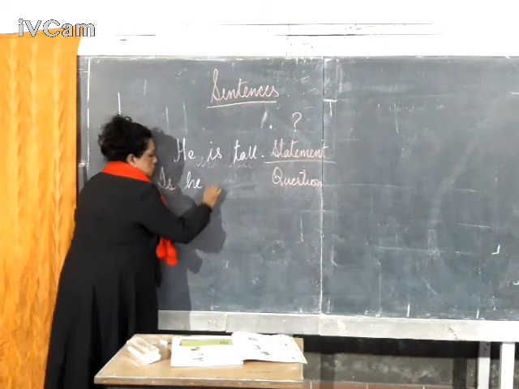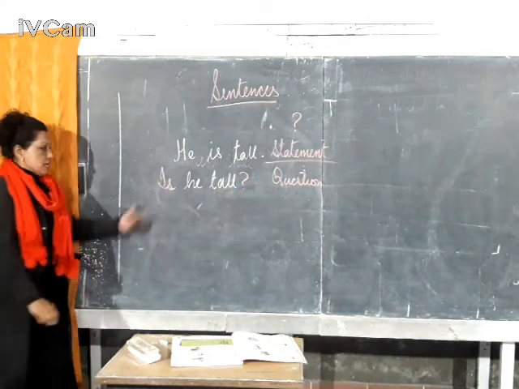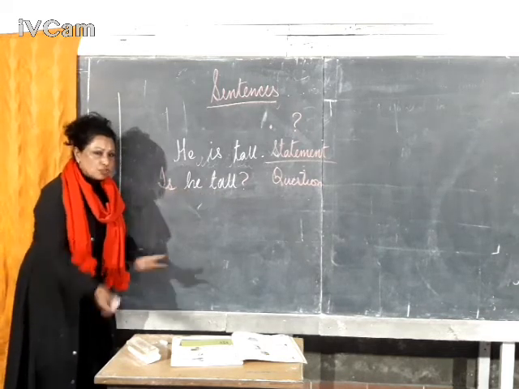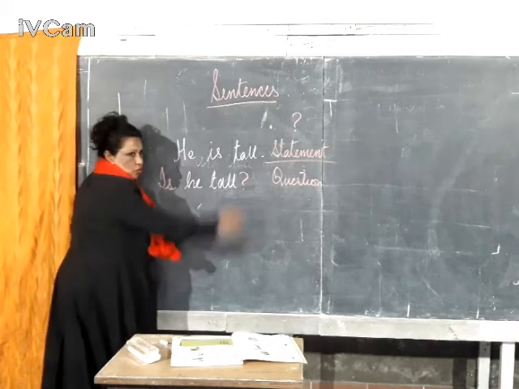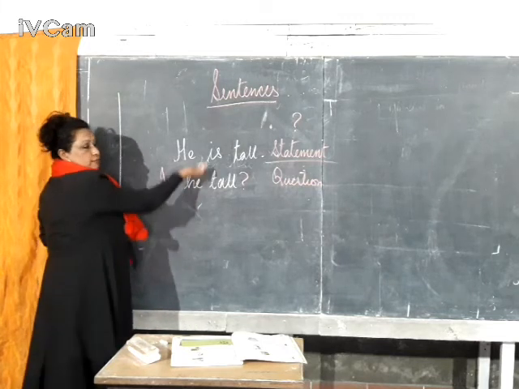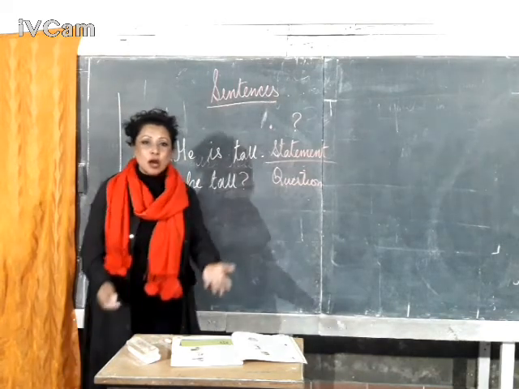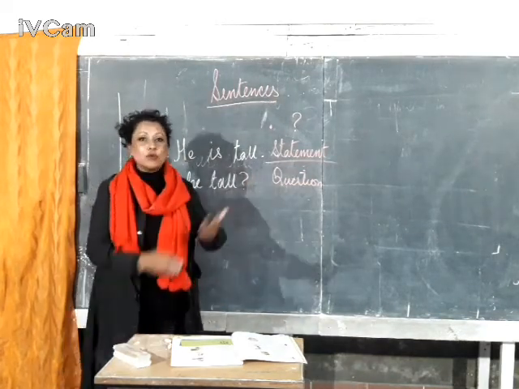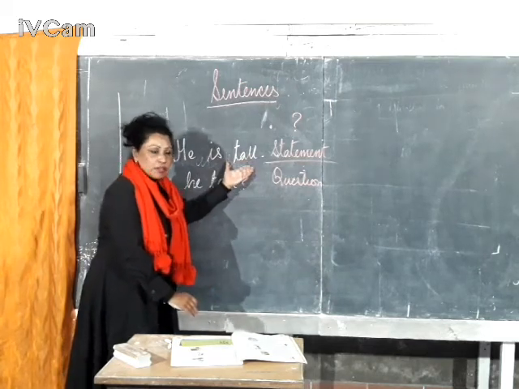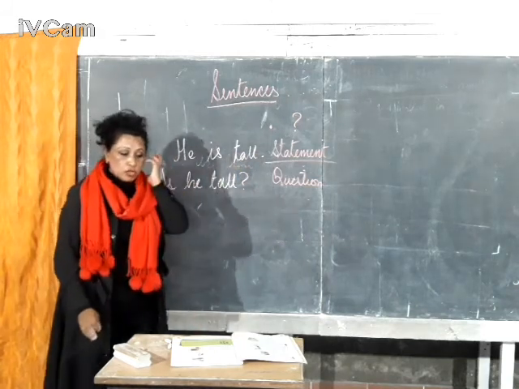Is he tall? Question mark. Yes? Is he tall? I just added one word here. Is he tall? That means you're expecting an answer. So you'll say yes, he is tall. Okay? So this is how you change from statement to question. And again question to statement. You know, in literature, how the questions are set after you read the story and you give an answer, isn't it? Same thing. Here, the statement or the answer is given and you have to change it into a question. Alright, so this is how you have to change.